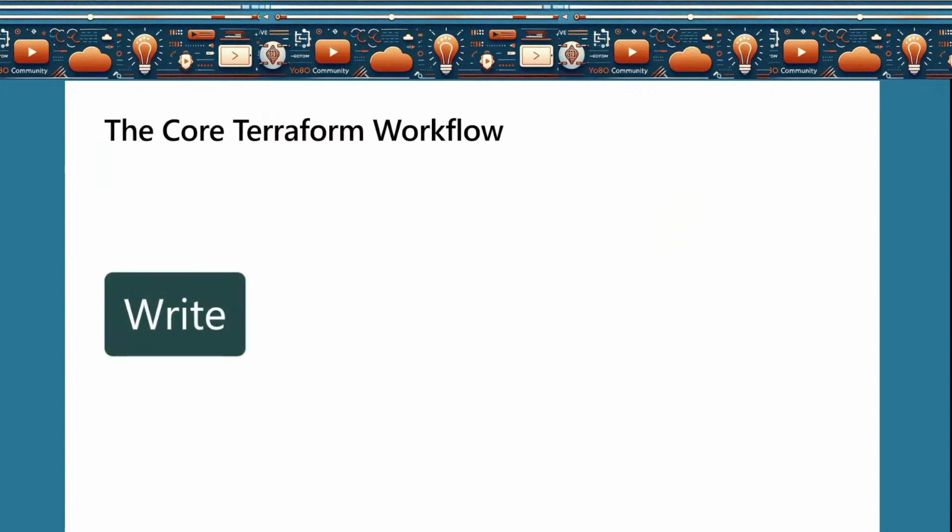So the core Terraform workflow is easy. Write the code. Then you need to initialize. Initialize means first you write your code, and then you connect and tell Terraform, these are my providers, and this is exactly how I want to deploy my resources. Then Terraform will initialize and prepare the folder on your machine, if you run the scripts from your local machine, with all the providers and files that you need to run your scripts in production. So without running this step, after you write the code, without init, you will not